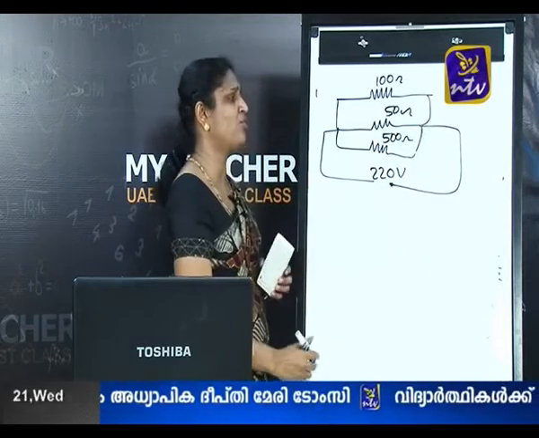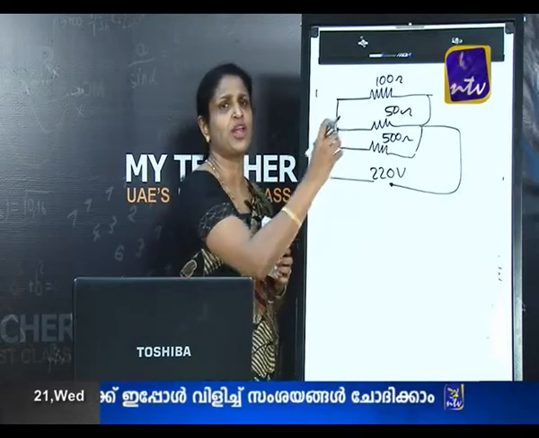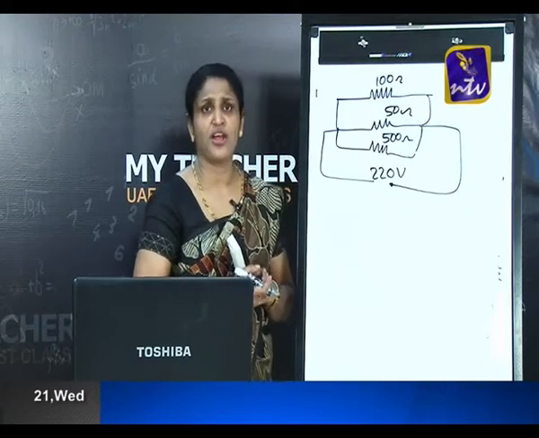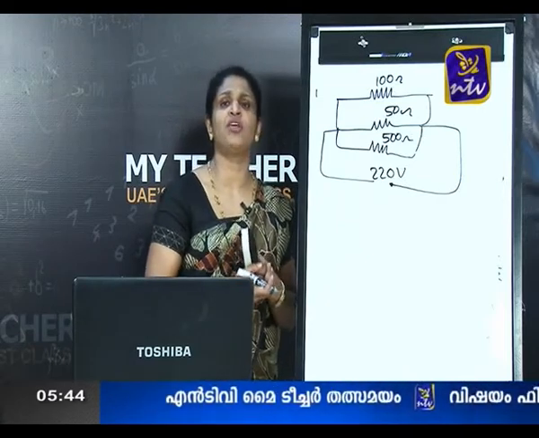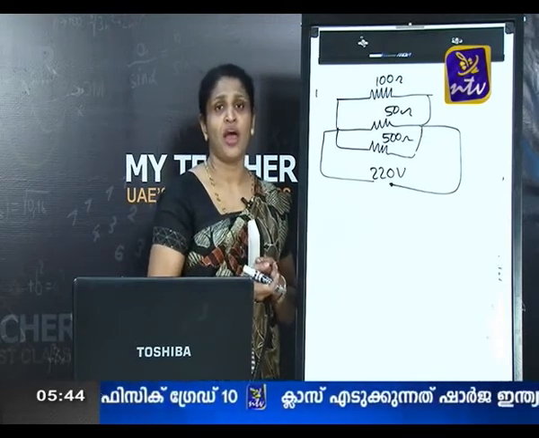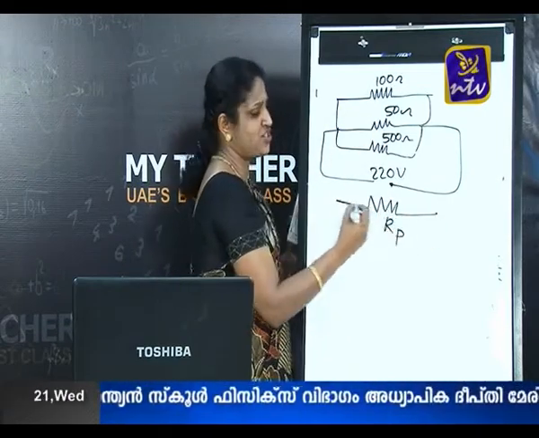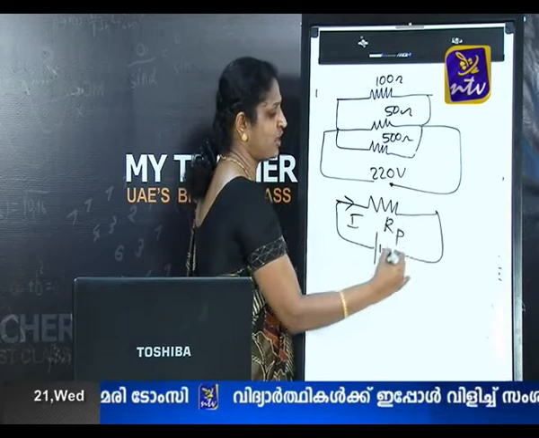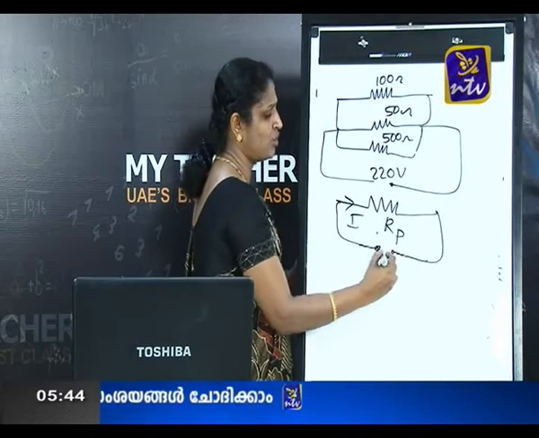They are asking us to find out what will be the resistance of an electric iron which will replace all the three resistors to send the same amount of current. That is the meaning of effective resistance. Instead of asking directly what is the effective resistance of resistors connected in parallel, they have put it in another way, as if you are replacing all these three resistors by a single resistor such that it sends the same current through the supply, when you are connecting it to the same source, that is 220 volt.